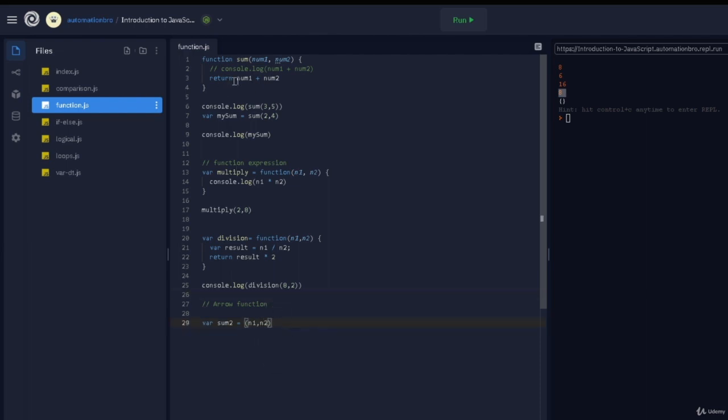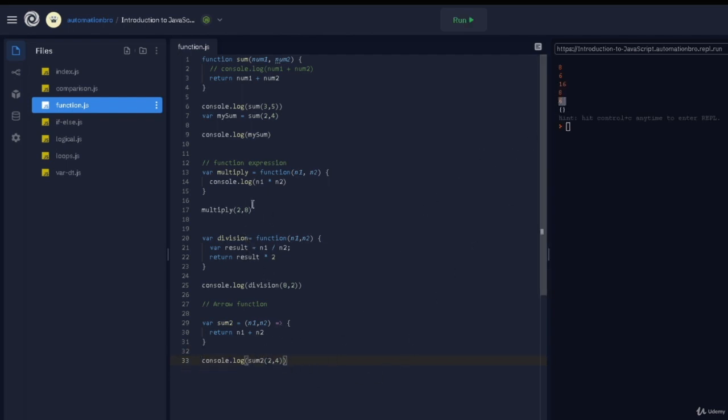Now notice what I'm doing this time is I'm creating a variable, but I haven't passed in the function value over here. Instead, I'm going to create this arrow, and then I would just open up my curly brackets. Then here I would do the same thing as last time, n1 plus n2. So what's happening here is, instead of using the keyword function, I'm instead using this arrow, which is hence the reason we are calling it an arrow function. So if I print this out, I do console.log sum2. This won't work because I have to pass in the values. So I will say sum2 could be 2 and 4. There you go. We got 6 over here.